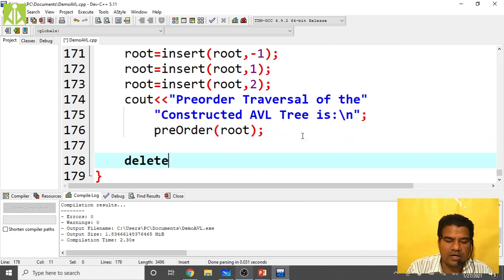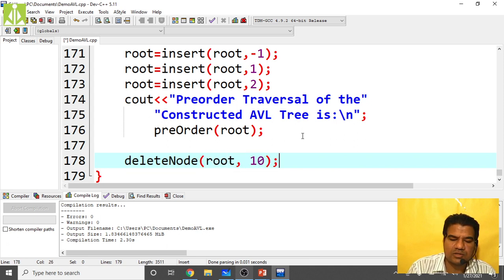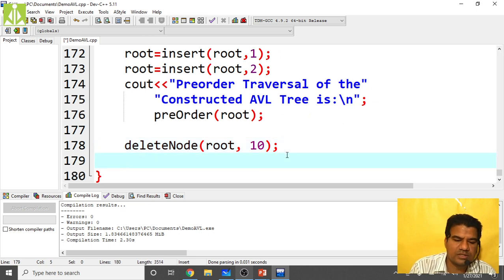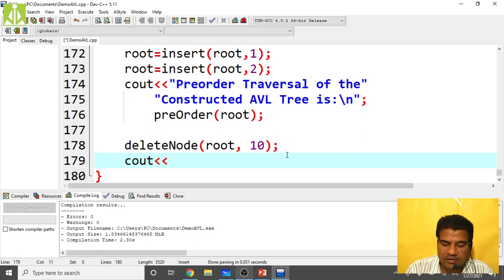So now what I am doing: delete node of root you pass, comma, key value 10 you pass. After deleting 10, again print one statement, cout, pre-order traversal.